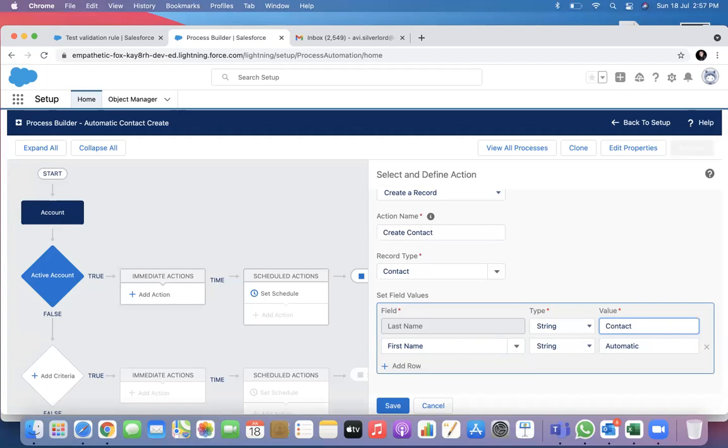Here, if I make it like automatic contact, every account I create will have a child called automatic contact. So I will not be able to distinguish between them. So what I do, I create a formula field.